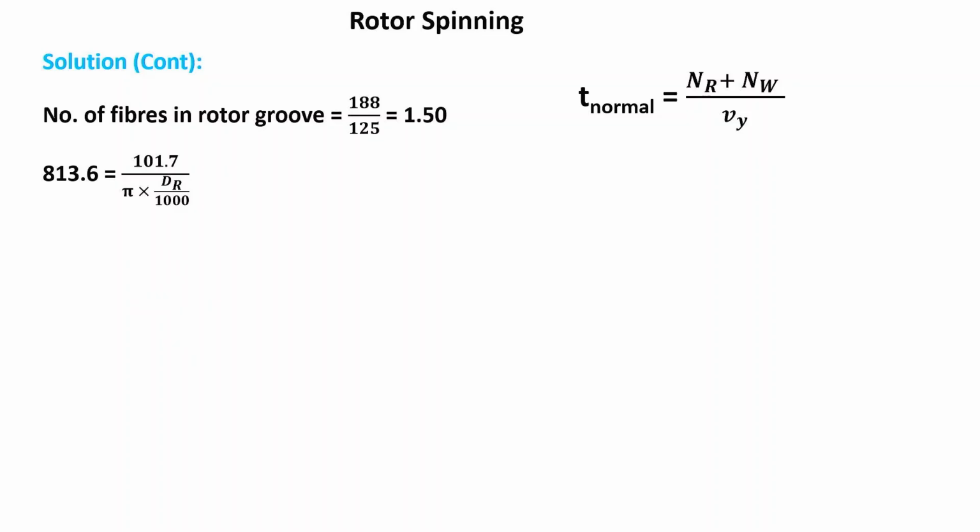We can get here, withdrawal RPM multiplied by rotor circumference equal to delivery speed. So, from there we can calculate the rotor diameter. Rotor diameter is 39.39, this will be millimeter. 39.39 millimeter is the rotor diameter, and from there